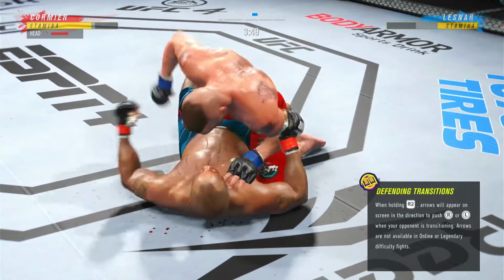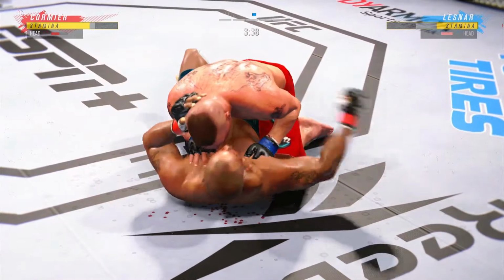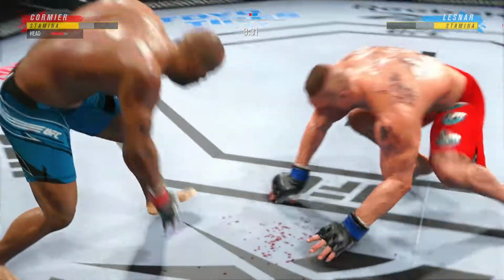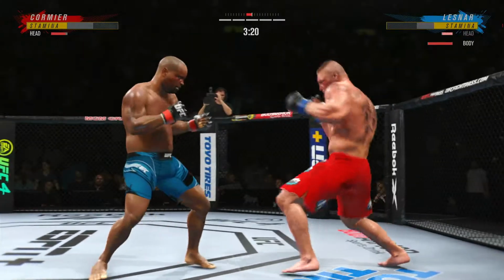All right, so you gotta be careful playing on the ground with this guy. You don't want to mess around for too long. Man, this is some serious ground and pound. He's trying to put this dude's head like through the canvas. He's one of the better ground and pound fighters you have in the entire UFC, and you're seeing why. Good punch. Well, most fighters can't keep up this type of a...